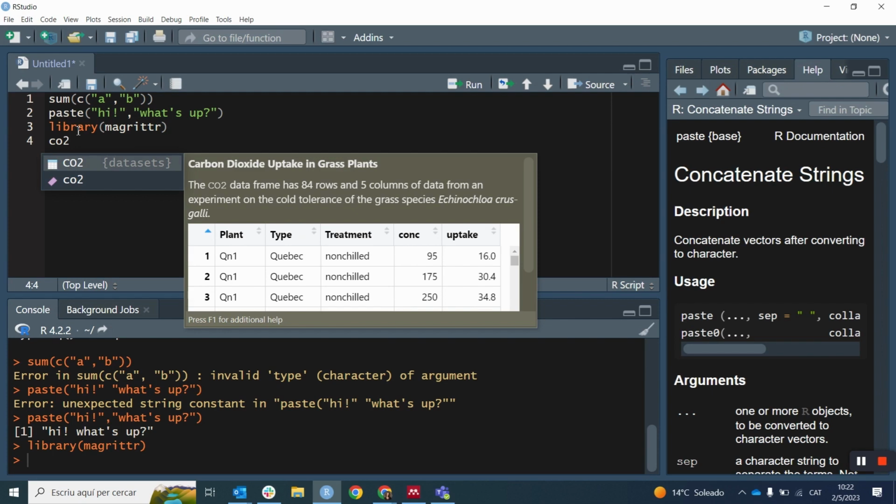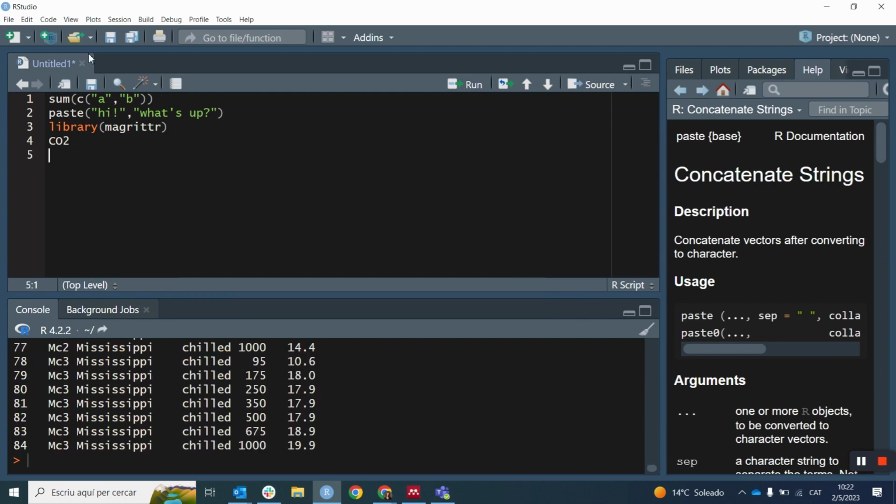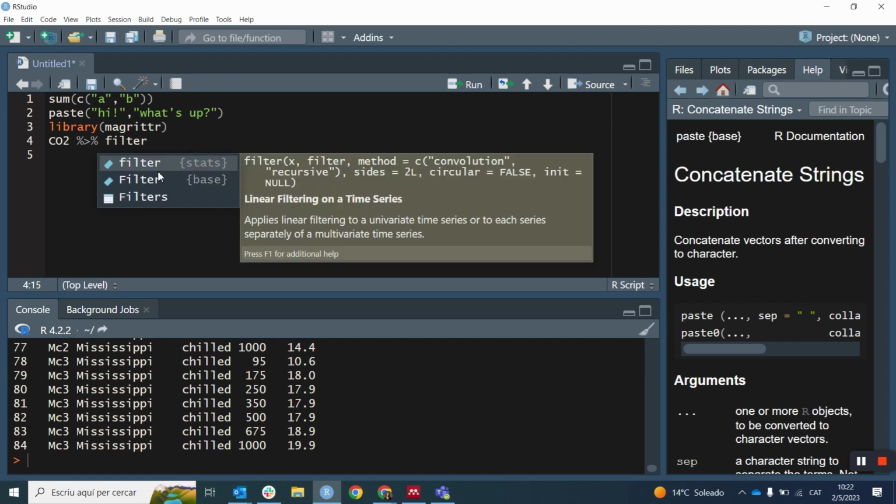So enter. And then pipe. So go to line 4 and pipe. So add a pipe by doing Control Shift M. Is it Control Shift? Yeah. Control Shift M. Done. And then type out filter. So right now, let's say hypothetically, what we want to do is find all of the, I think, plant type of